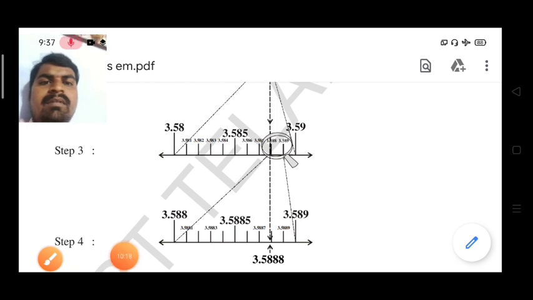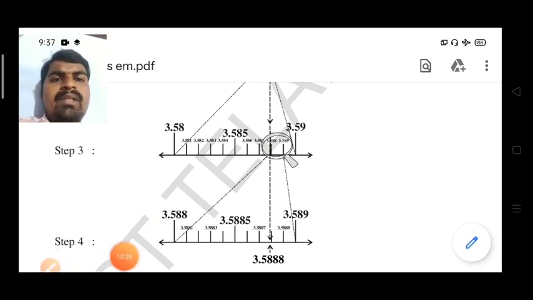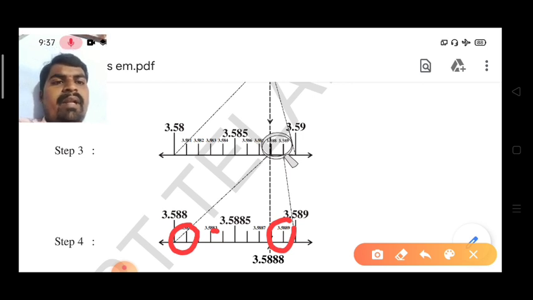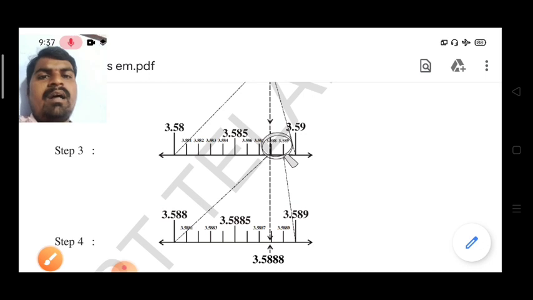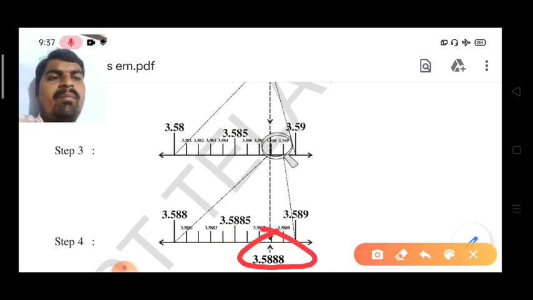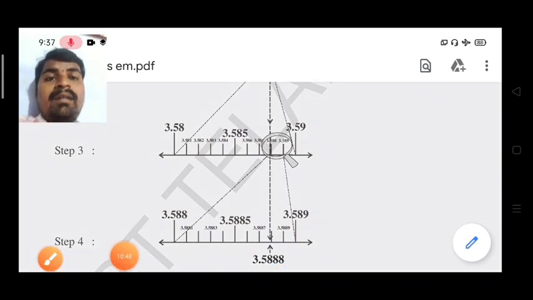So next, what are the numbers between, you know very well. Here you observe carefully 3.5881, 3.5882, 3.5883, like that you observe the last ending number here, 3.5889 is there. So which is the required number, you know very well. What is the required number here? The answer is 3.5888. This is the required number. So these are the 4 steps to represent the given non-terminating decimal.